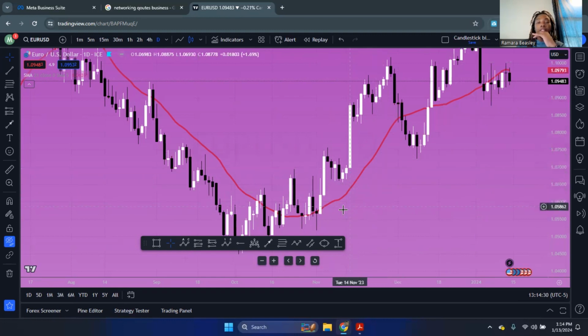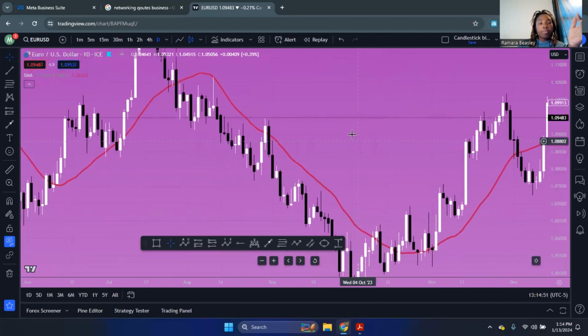Boom. So she broke. She came back. She pulled back. And this is the pullback. I know she had these couple of candles right here, but the pullback did take place. Pin bar was formed. We could have got in even at the next candle, and then we still could have been able to profit.